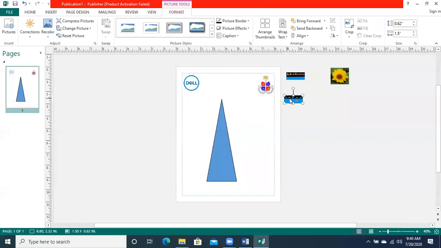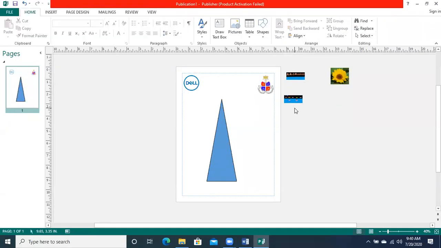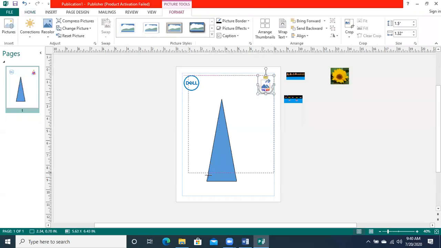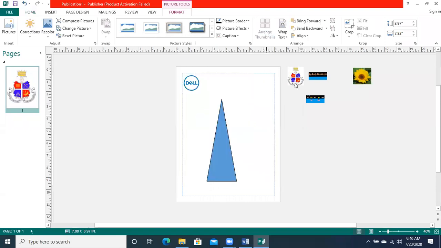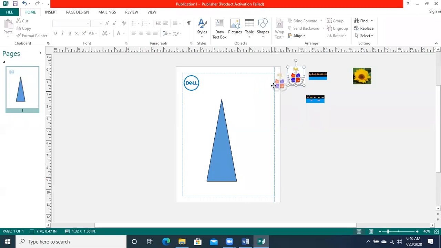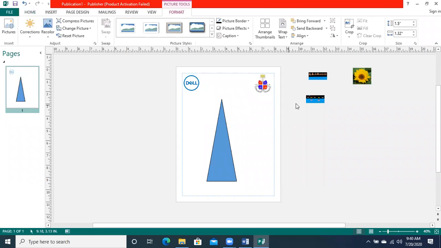It will become small, like an icon. For example, if I have a large picture and I want to make it a thumbnail, I go to the arrange thumbnail option and it will make it a small icon-like picture. This is called thumbnail.